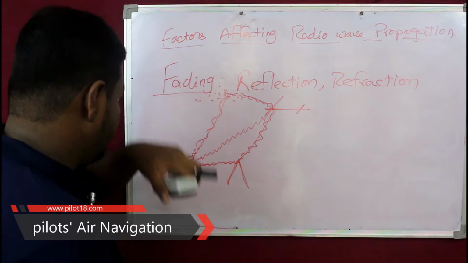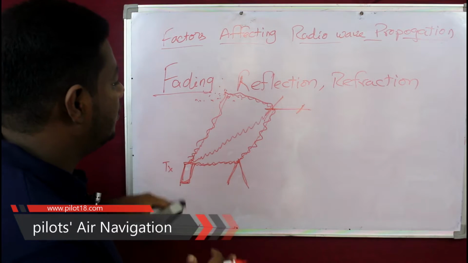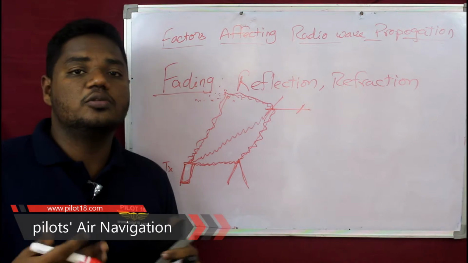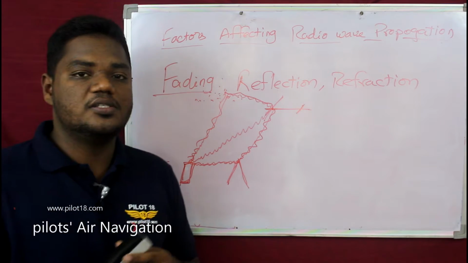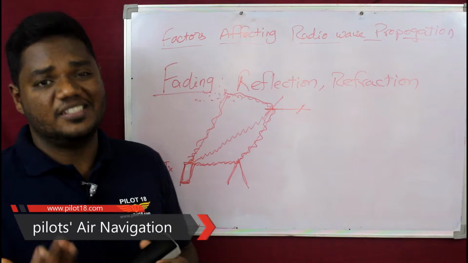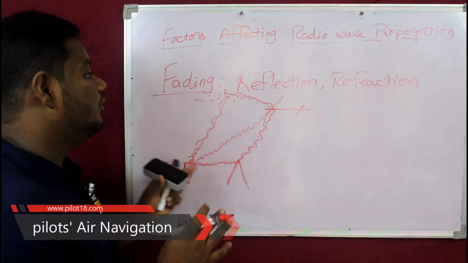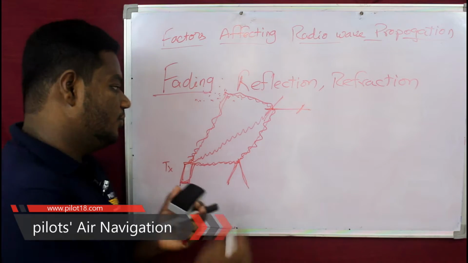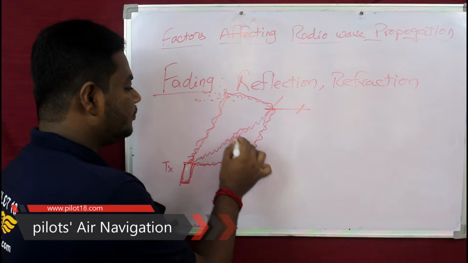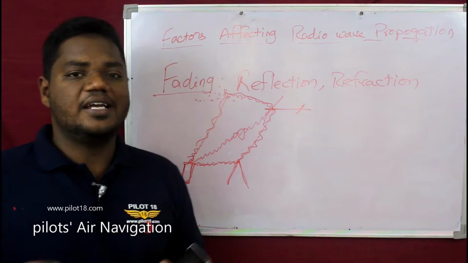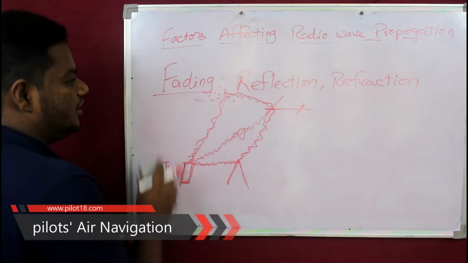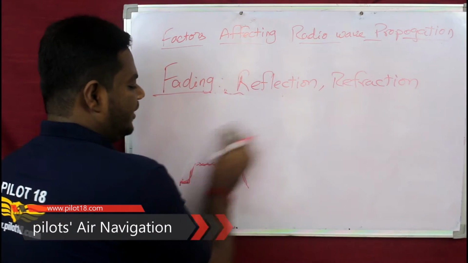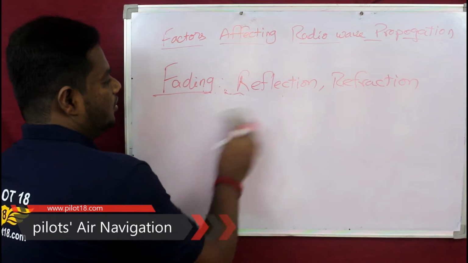So the information might not reach the aircraft properly due to the reflection and refraction. This process is known as fading. And there are some extreme cases where you will not receive any information. Both the waves reach in opposite phase and they cancel out, and you won't receive any information. Okay, so that's fading. And other factors which